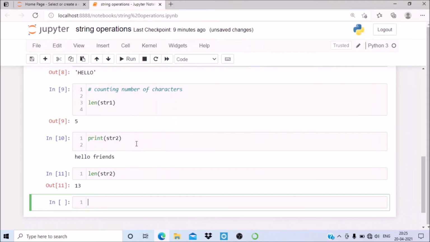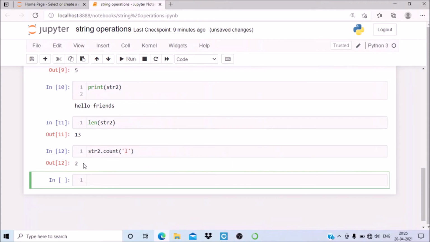Now in the case of strings, you can count the number of repetitions, meaning how many times a particular character is repeating. Suppose I want to count with string 2 dot count how many times L is repeating. I will run it.